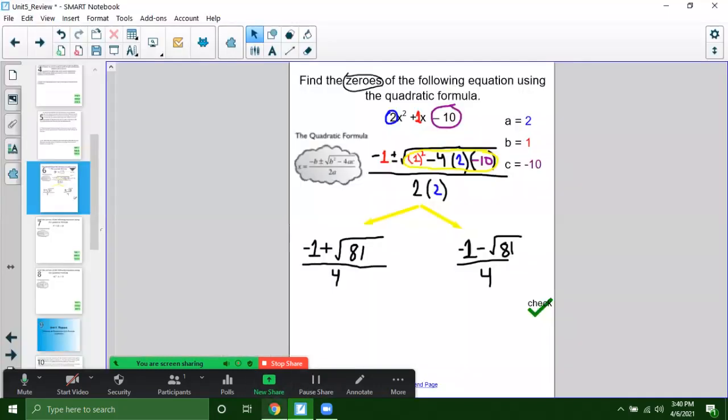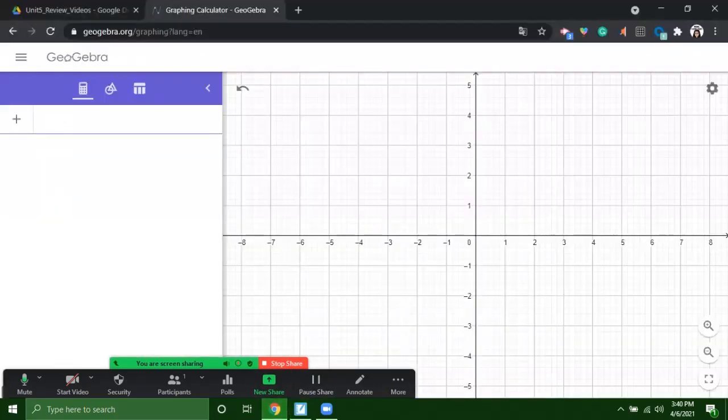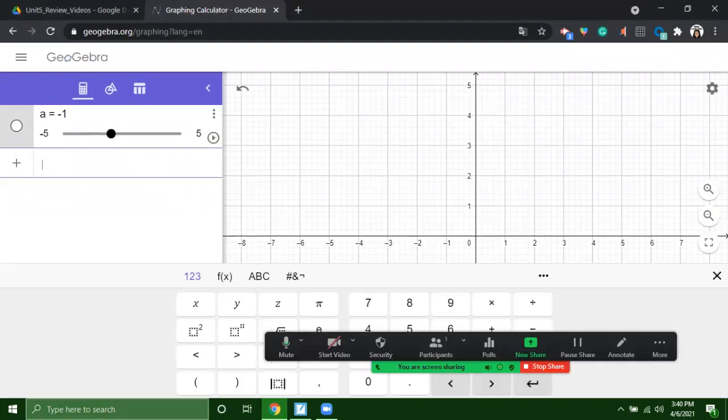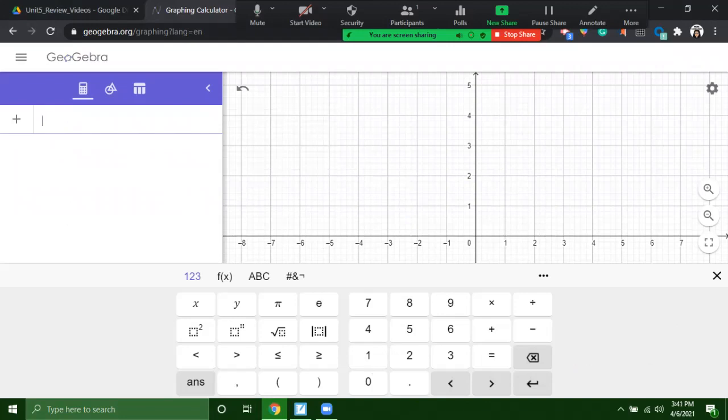I'm going to copy this and put it in GeoGebra. So I have negative 1. And then I have plus, okay, negative 1 plus radical. And if you can't see the radical, it's because they have it here on the keyboard. I know the keyboard is acting up a little bit, but so we have negative 1, then plus radical 81,